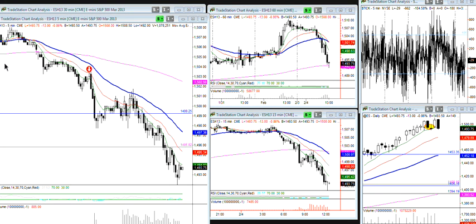If we look over here at the umbrella pattern, this is the pattern that'll put money in your pocket. We've said that, you asked last week. So is this an umbrella, a true umbrella? No, because we're now hitting the pink line over here on the 60. But we have encapsulated it